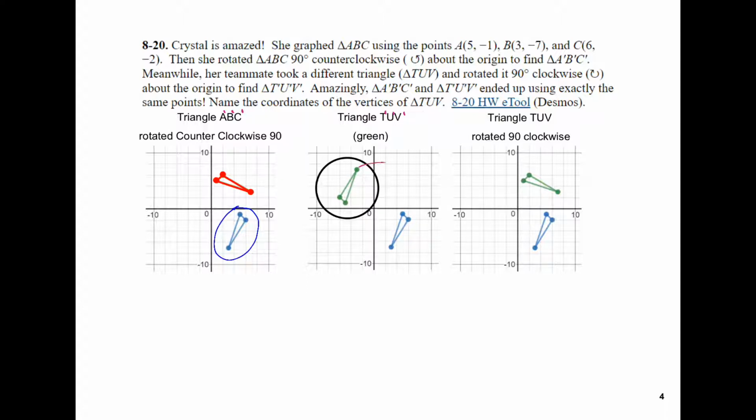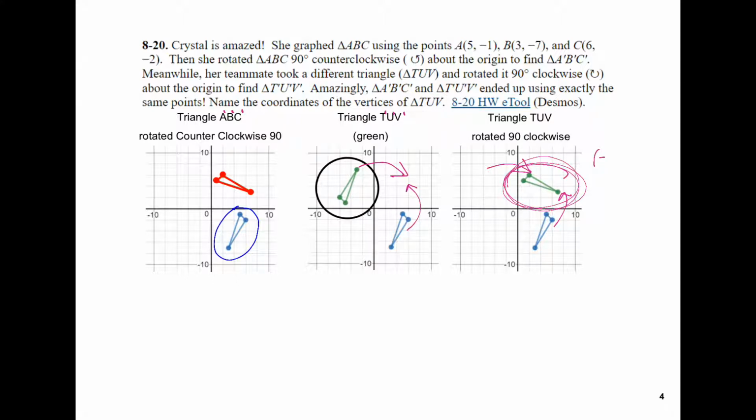If we rotate this blue up and the green over, they would form the exact same triangle, and the coordinates of that triangle would be